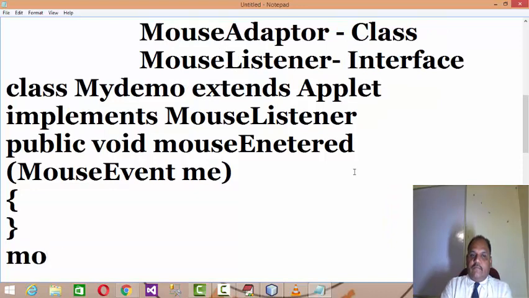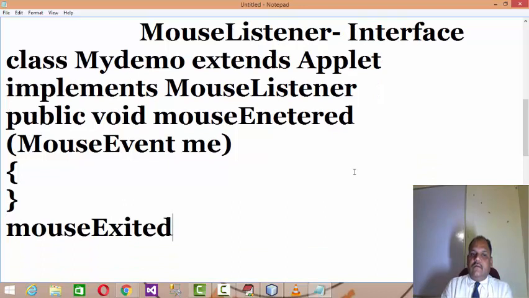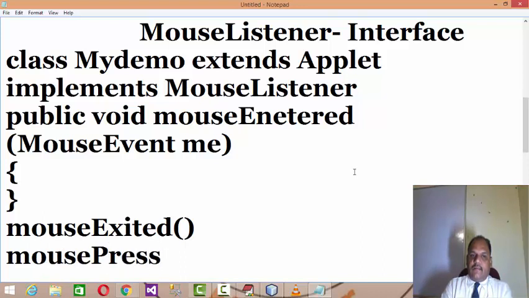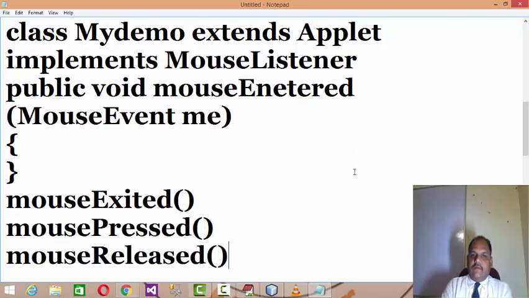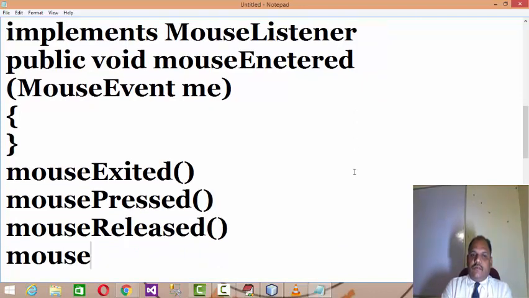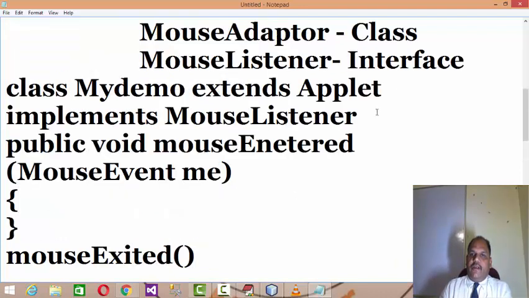So mouseEntered, mouseExited, right? mousePressed, mouseReleased, and mouseClicked. These are the abstract methods while processing mouse events.